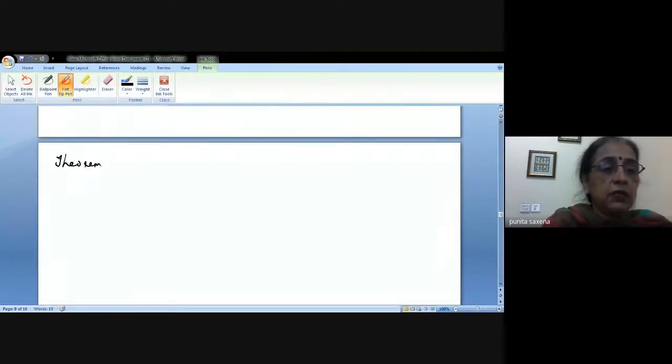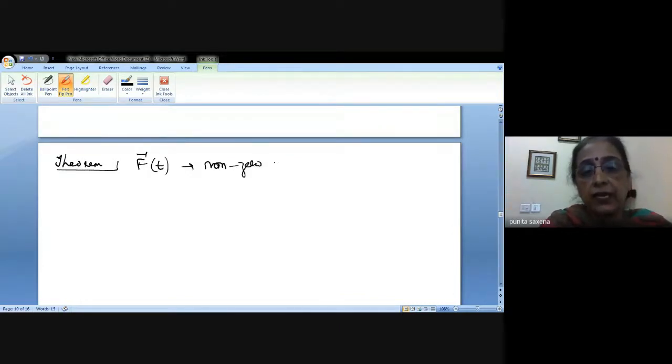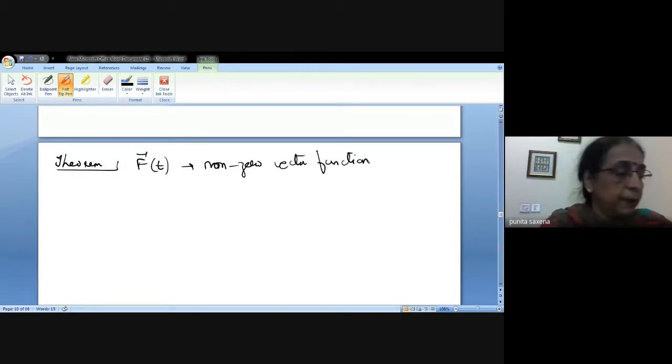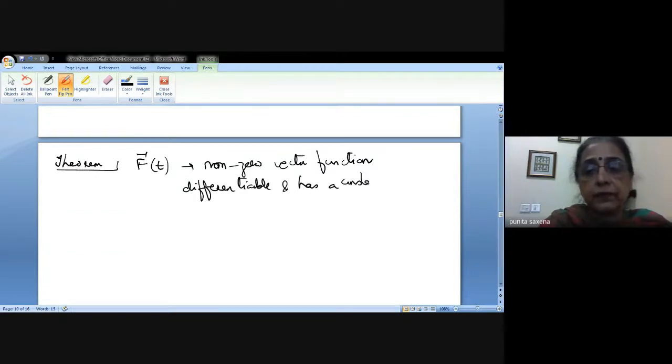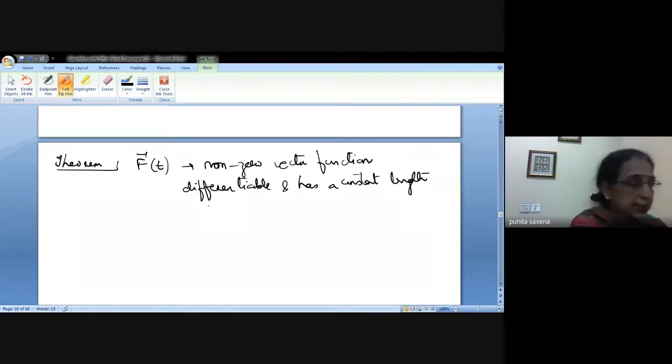What this theorem basically says is that if you have a non-zero vector function f(t), that means the function does not vanish, and the function is differentiable and has a constant length,